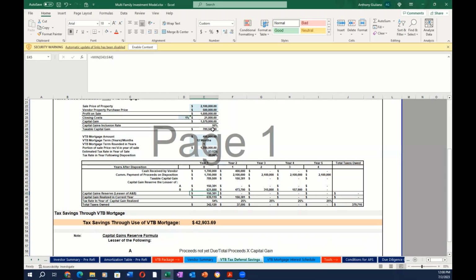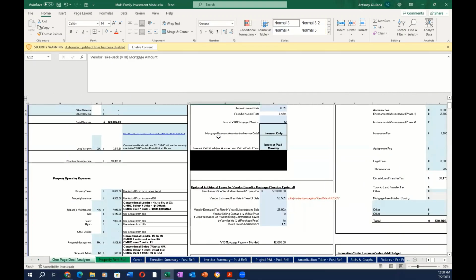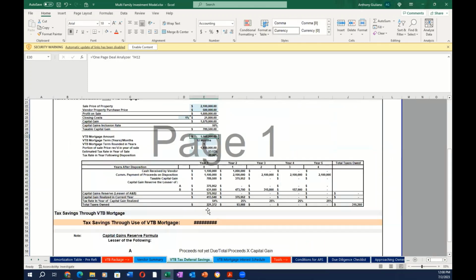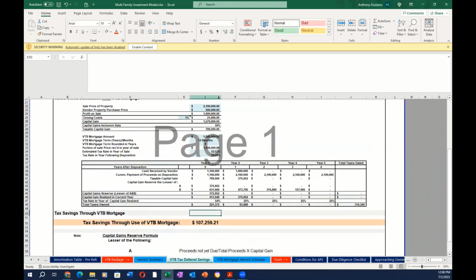So I can now say, hey, Mr. Seller, instead of giving me a $400,000 VTB mortgage, I know that you basically don't have a mortgage on this property. How about you give me a $1 million VTB mortgage, right? Do you really want to pay all of these taxes in this year, or do you want to push those taxes out to next year? And then we'll go back to our VTB mortgage deferral schedule, and we'll basically show him, well,